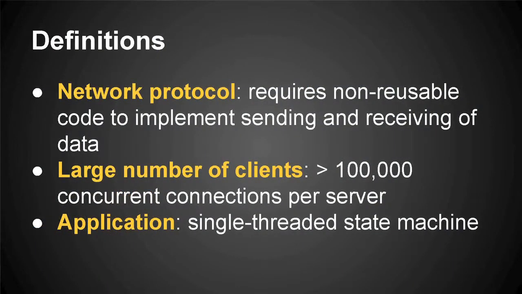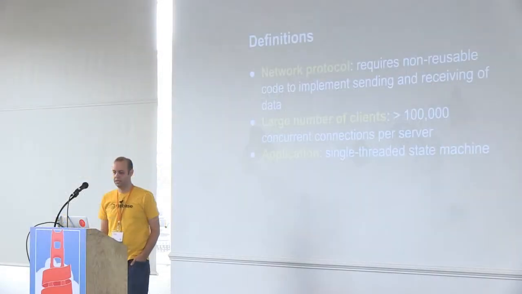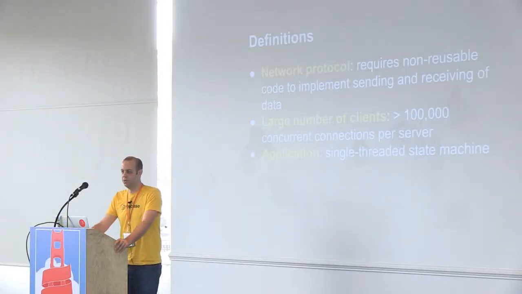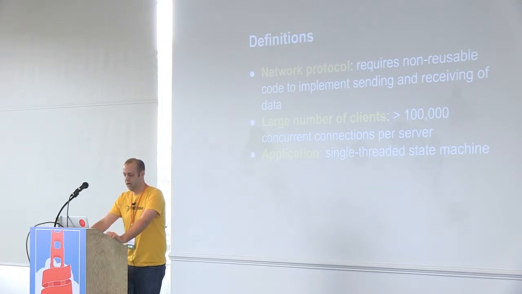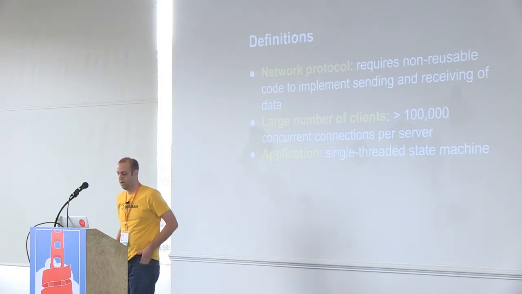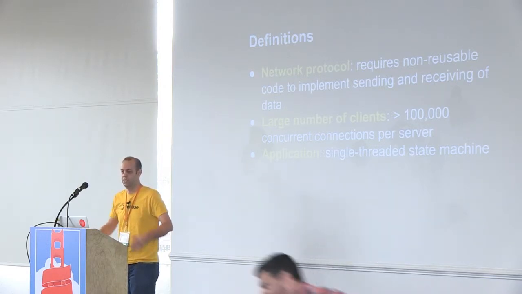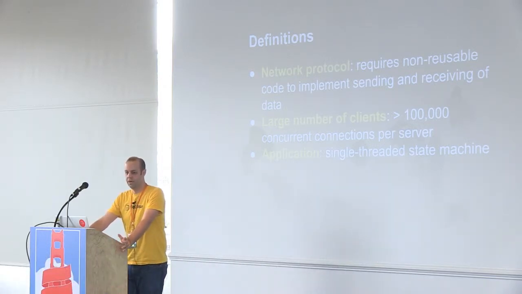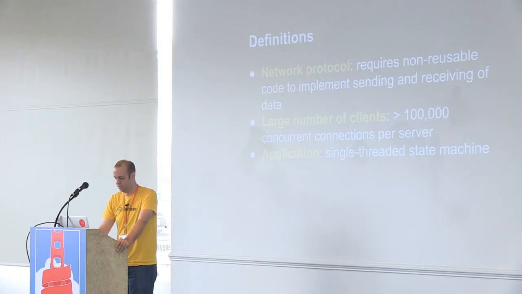And finally, application. This is also maybe a little bit of a weird definition for application, but it's kind of a worst case. In the absolute worst case, we're going to need to serialize access to our application state. In the real world, probably your application can be a little bit more parallel, and that's great. That'll improve performance. But we're going to go through a worst case and see how even with that, we can do it and manage the complexity.